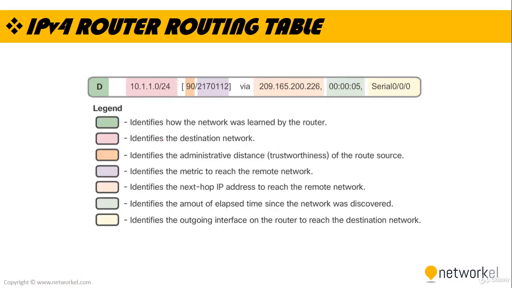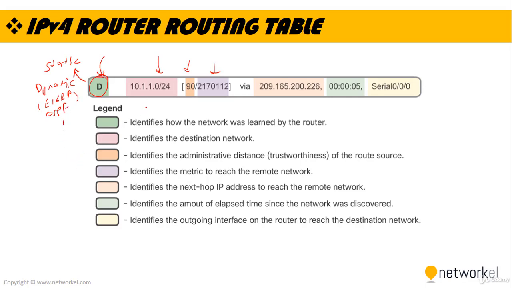So, how am I going to examine the routing table entry? In a routing table entry, we have some text characters and some numbers, as you can see. The first character you are seeing on the routing table entry identifies how the network was learned by the router. For example, if this route was learned statically or learned by a dynamic routing protocol such as maybe EIGRP,